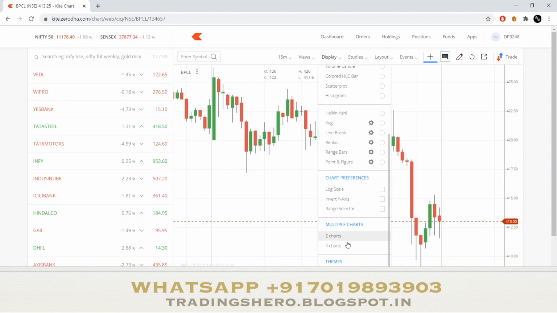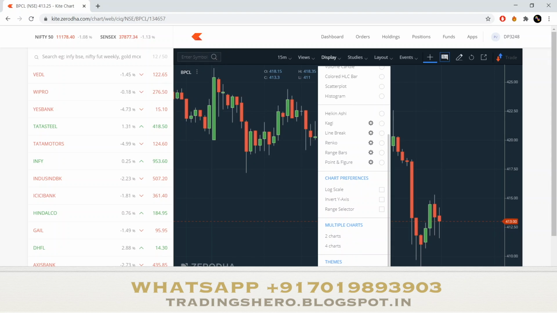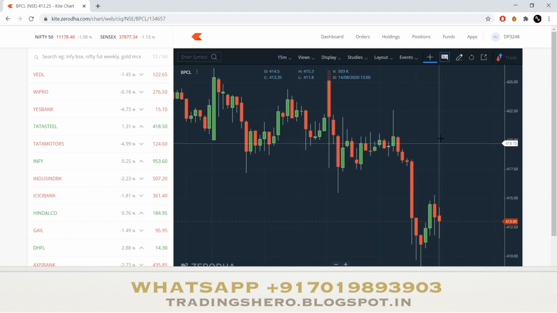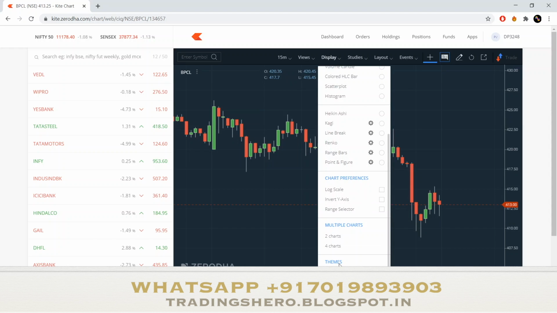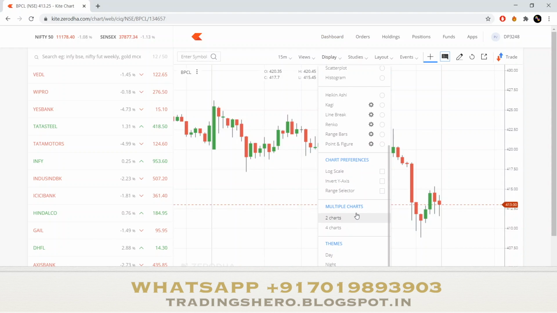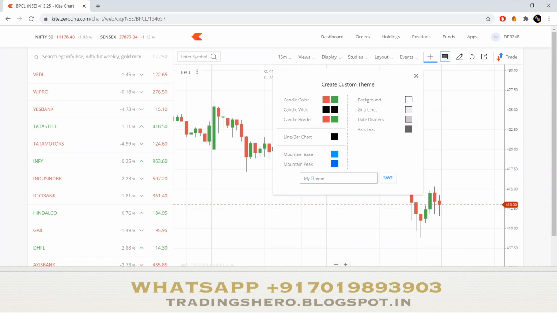Let me go to display here, and this is the normal thing what you're seeing. And if I click on night here, you can see this kind of appearance. Okay, so now let's say you have to customize, you have to put your own color candle and own background color. You can do this too. Let me go to display and put the default day theme, and after that if you scroll down, you can see an option called new theme here. If you click that new theme option, you can make your own theme.